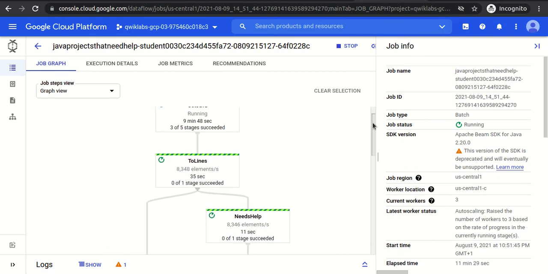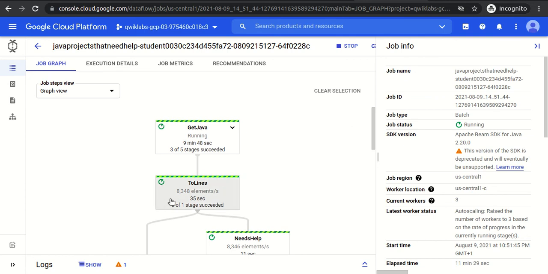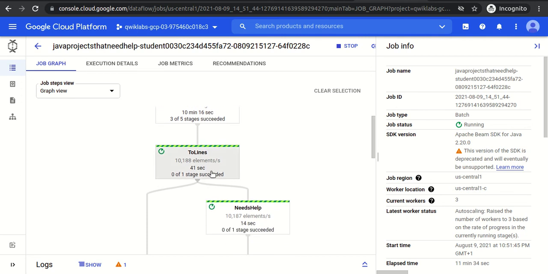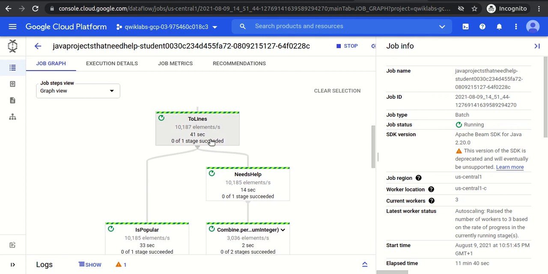It is still running. You can see the number of elements per second is 8348. It will increase, so it increases to 10,000, and further to 10,187, 10,185.